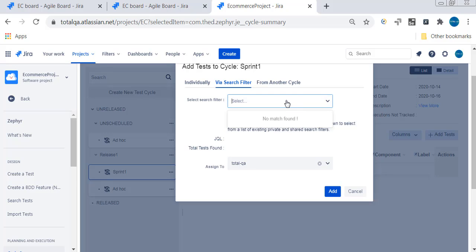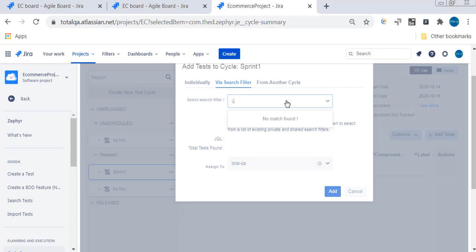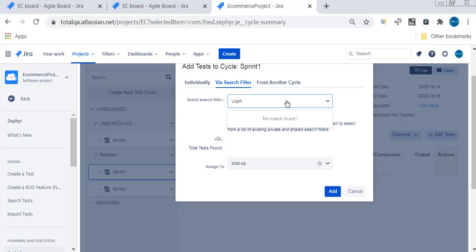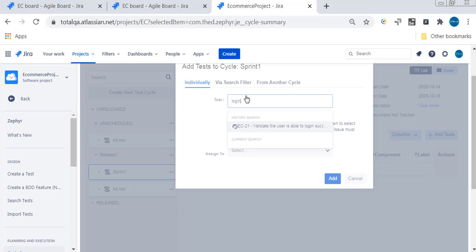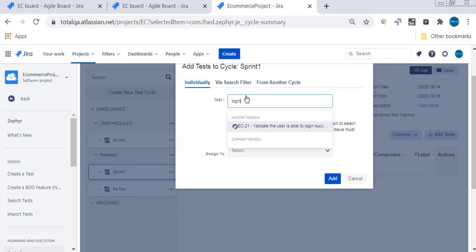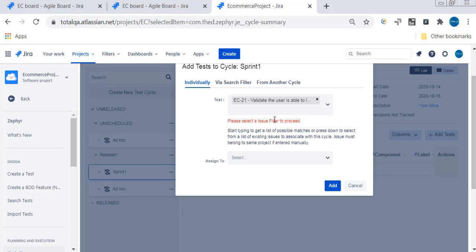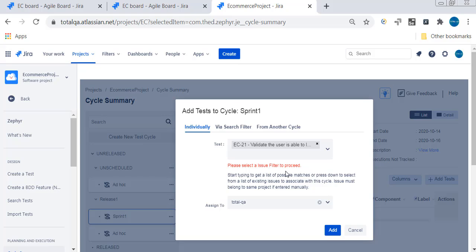Select the filter, then the filter information is showing as login, but it's not showing. Let's go to individually now. In the individually section we try to provide the test as login. Just select that, then assign to total QA and just click on add. So this test case, please select an issue filter to proceed.